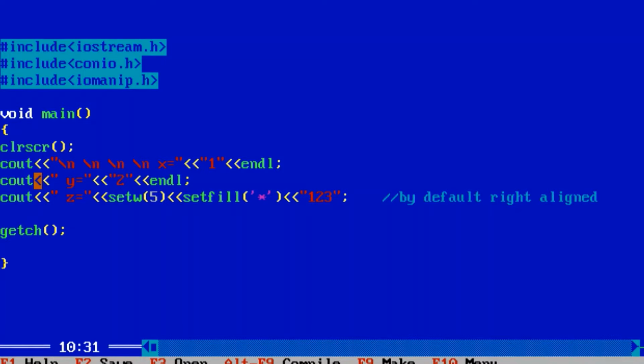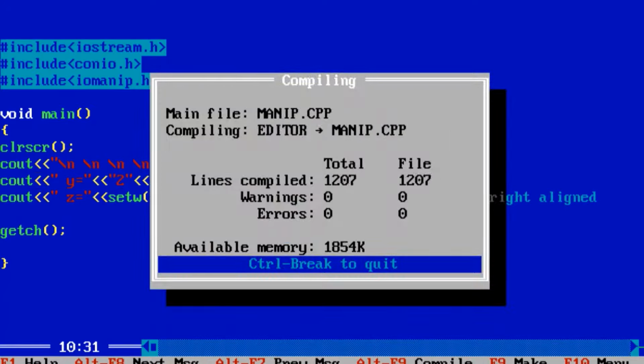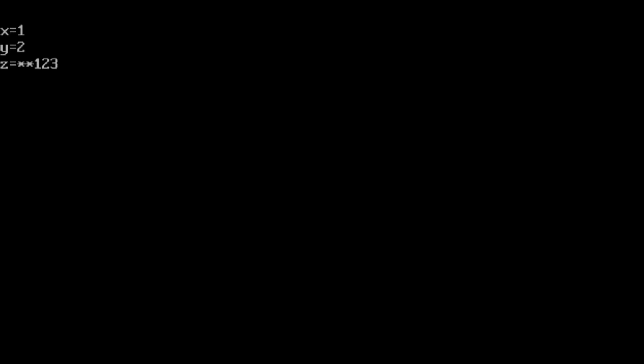So I am executing this program. You can see that x equal to 1, y equal to 2. After x equal to 1 we have used endl, so it is printing the value y equal to 2 in the next line. Again after that I have used endl, so it is printing the value of z in the next line.